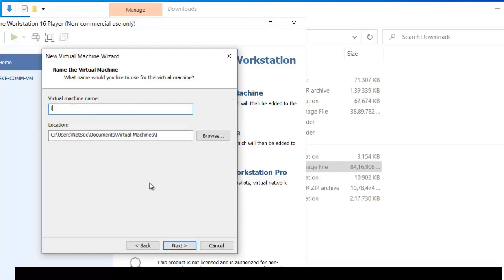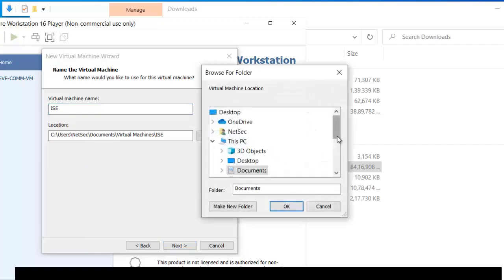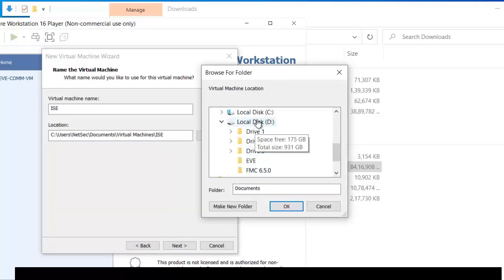We will change the virtual machine name to ICE and also the location. Again I am using my D drive for the ICE installation. I am going to create a new folder with the name ICE.